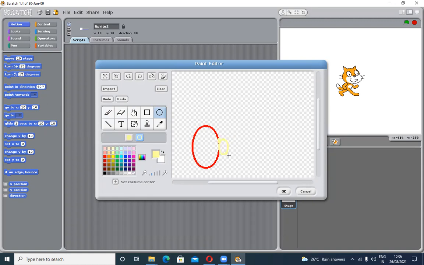So here I want to try to draw anything. You can draw by your own choice, as I'm trying to do.